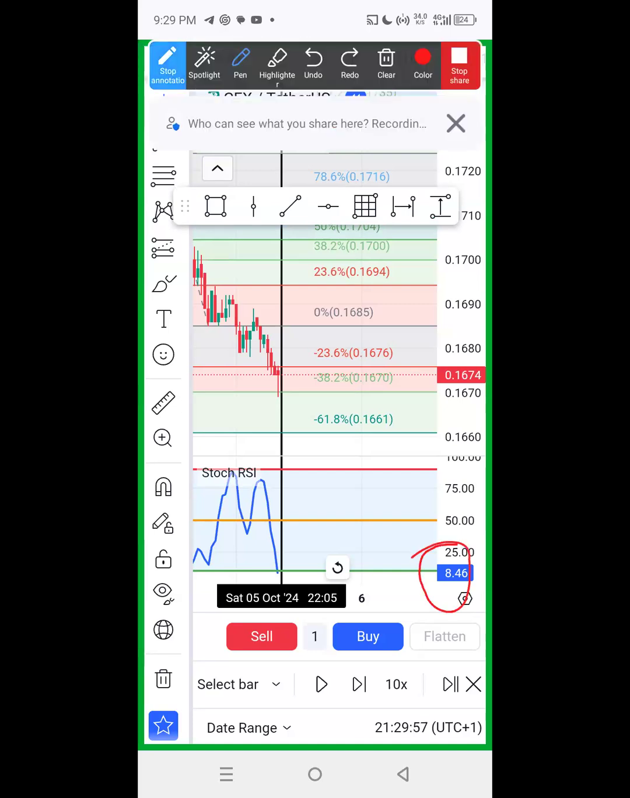I need a stochastic between 0 and 20. I need the blue line, this blue line, to have touched the green line. You can see it has touched. Or I need the blue line to have pointed up, and the RSI is between 0 and 25. So you see, one of the three, I've gotten one, I'm okay. Then I'll go to the what? I'll go to the